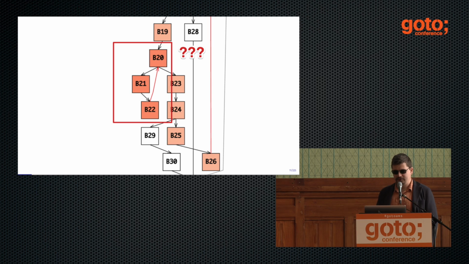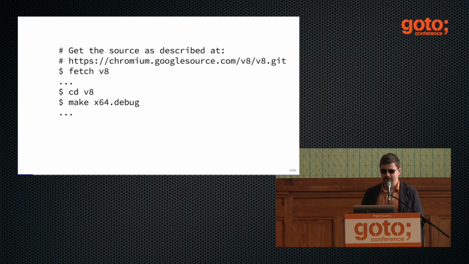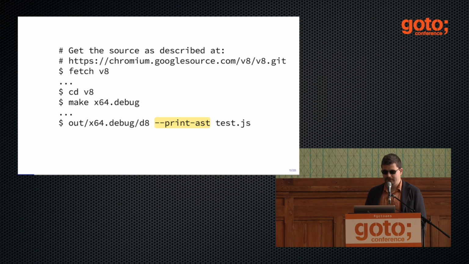Actually, the let bindings were added after I had already departed from V8, so I was curious myself what was actually happening. I didn't know what was happening, so I got the source of V8. There are instructions on how to get it. And I built a debug version of V8, which is very easy to do on Mac, for example, or Linux. A little bit hard on Windows, but development on Windows is hard anyway. You cry all the time.